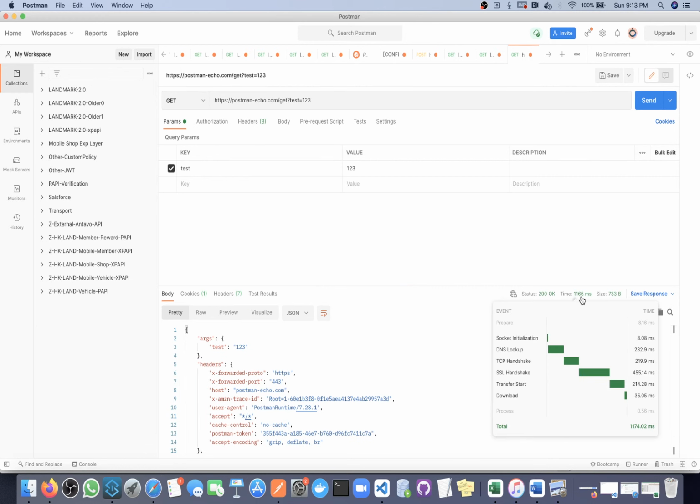So here you can see it took 1166 microseconds. Same way, you can see here how much time that particular API took to process.